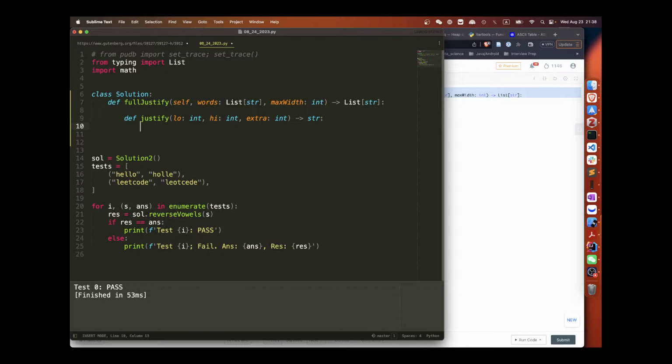Then I need to count how many words I have. If I have 3 words, I have 2 spots in between. I have that many spots, and then I have the remaining.